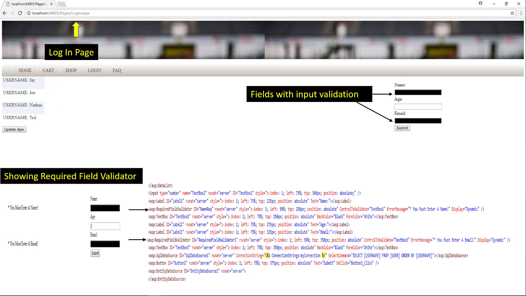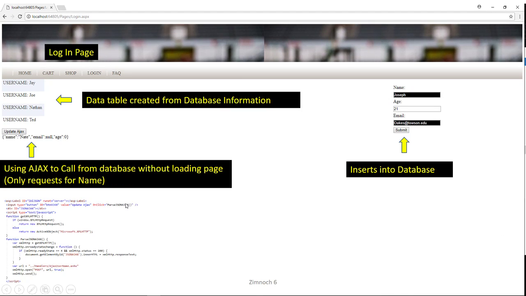All right, moving on, this is my login page. On the right here, I have fields that have input validation connected with them, and on the bottom, I have the HTML of the required field validator and the error message that will show up with no information in those text fields. And again, with the login page, I have a little data table I created from database information and